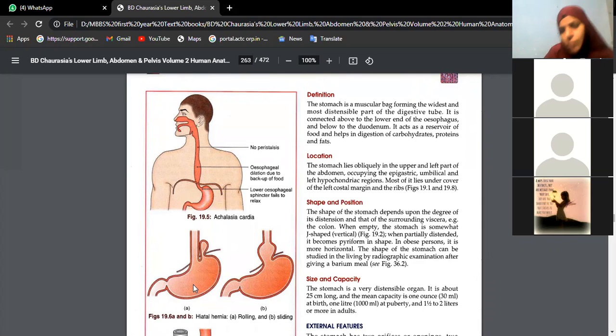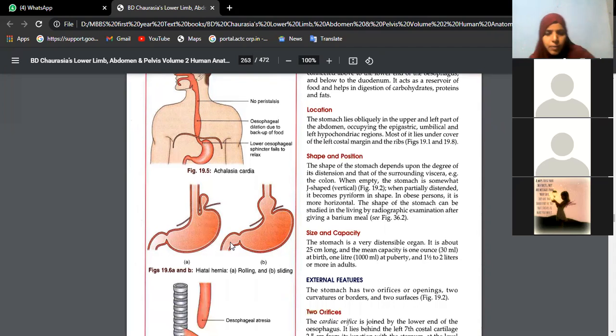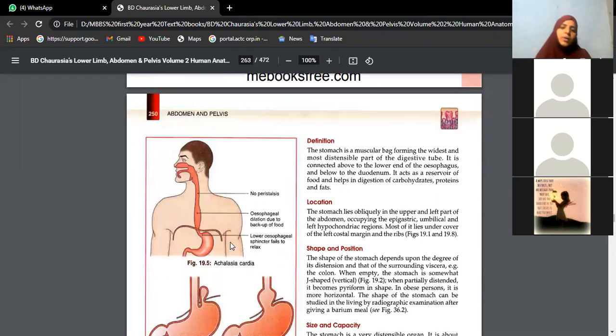Ma'am, can you repeat the difference between gastric and peptic ulcer once? Gastric ulcer is the ulcer along the lesser curvature of the stomach, whereas peptic ulcer is along the lesser curvature of the stomach and first part of duodenum together, two. 1 plus 1. Got it? Okay, ma'am, got it. So that's what you can write under applied aspects.